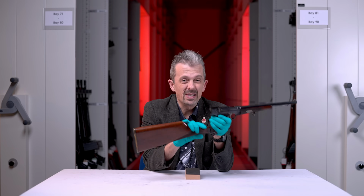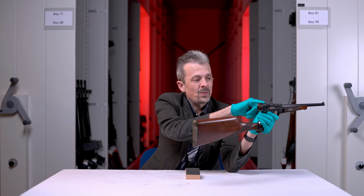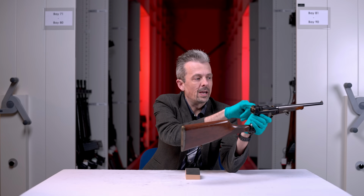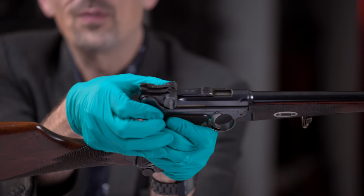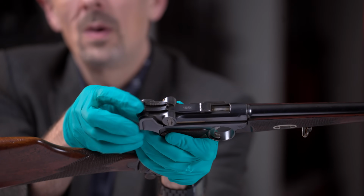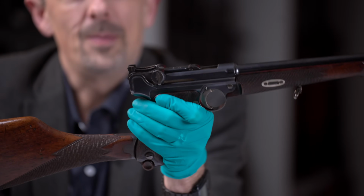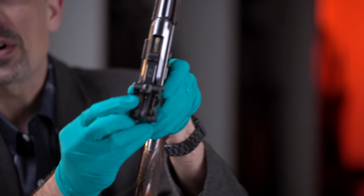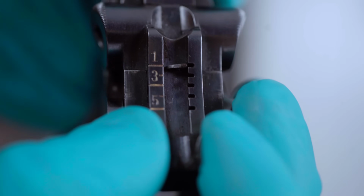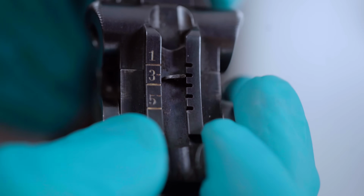Then you've got the fact that only 10 of these were made, and then you've got the fact that this thing has this adjustable sight here right at the back on the toggle link. The rear link of the toggle. I'll skip straight to well, not a number of interesting features, but this one, this adjustable sight marked 1, 3, 5, 100 meters, 300 meters, 500 meters, adjustable by pinching